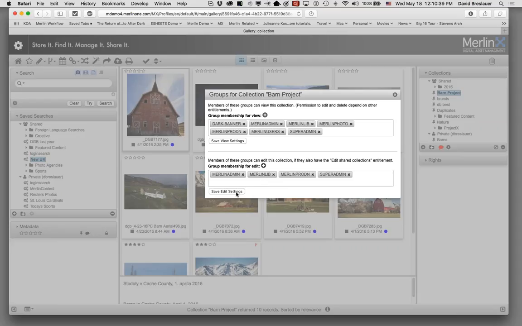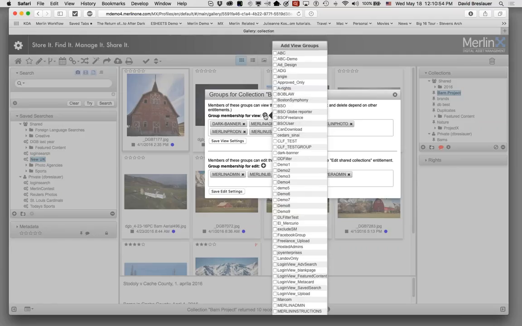And all I have to do is click on Save. And so if I'm a member of Merlin users only, I could view this collection because of this permission, but I can't edit this collection because I'm not enabled down here. And again, if you want to add another group to this collection, just click the plus button and you'd be